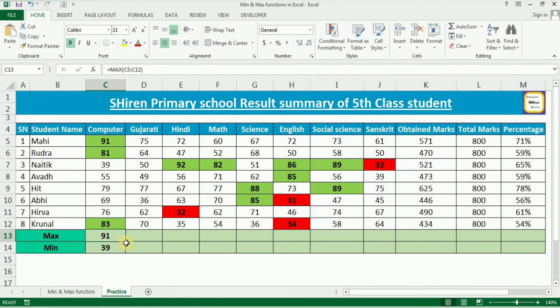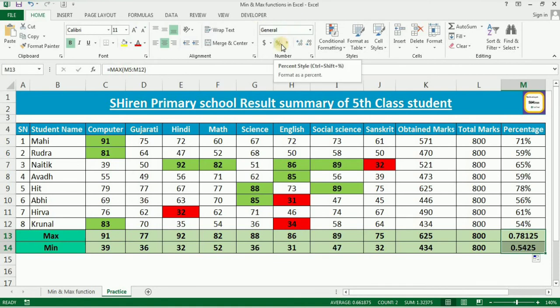Now you can use the Excel magic. Only drag and drop. Once it shows you the plus arrow, it will fill the functions for all the subjects similarly, right? But in the last column, percentage, you can see it is not showing, because the format of this cell is General.